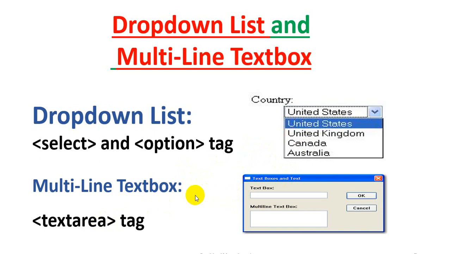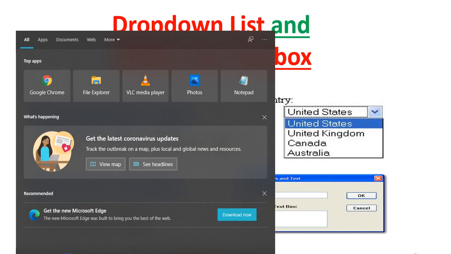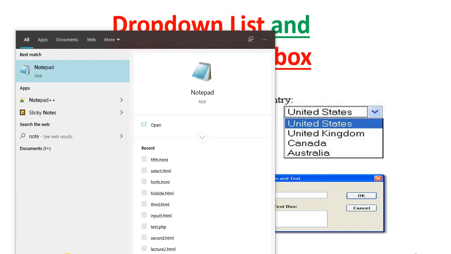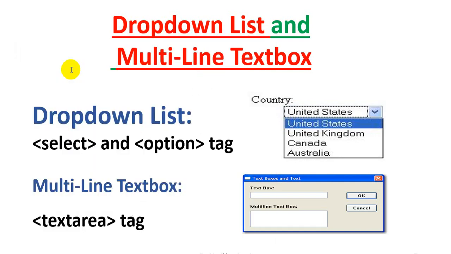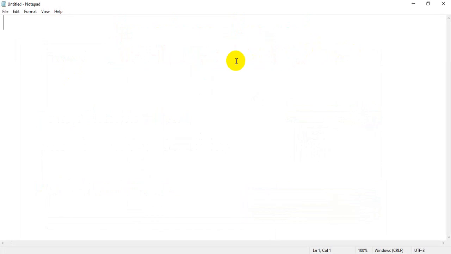So flip back to our computer and we will start our Notepad. I am going back to the window and I am going to just type notepad. Now we are going to start our form. Then inside the form we will take these two things, that is a multi-line text box and drop down list.